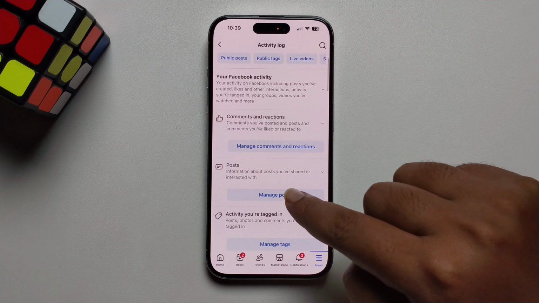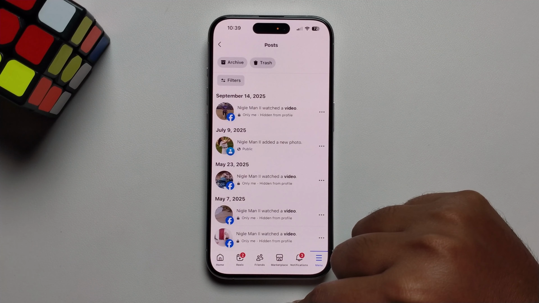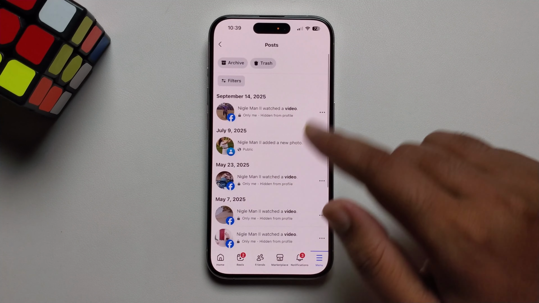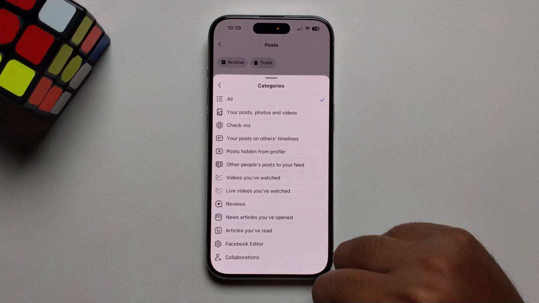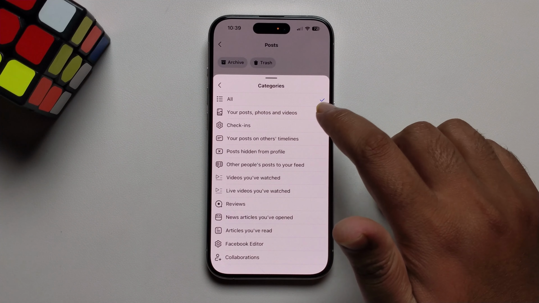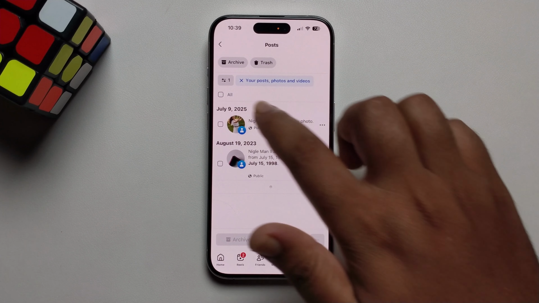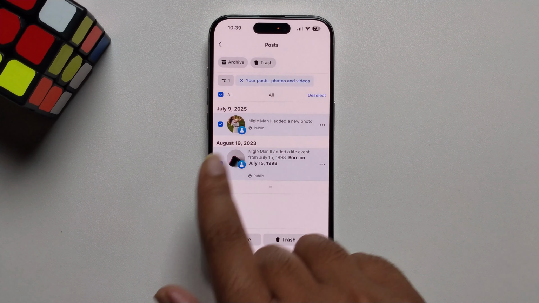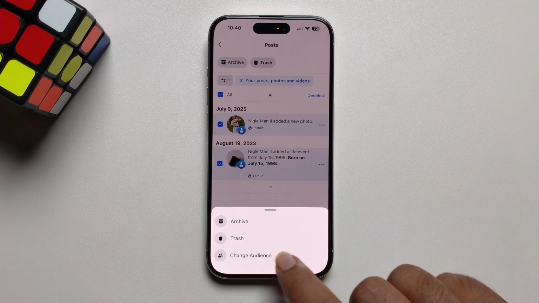select the post option. Okay, then it's showing all your posts. Press on filter, select all categories: your posts, photos and videos. Okay, and select all. Or if you want to select one by one, press on the three dots, change the